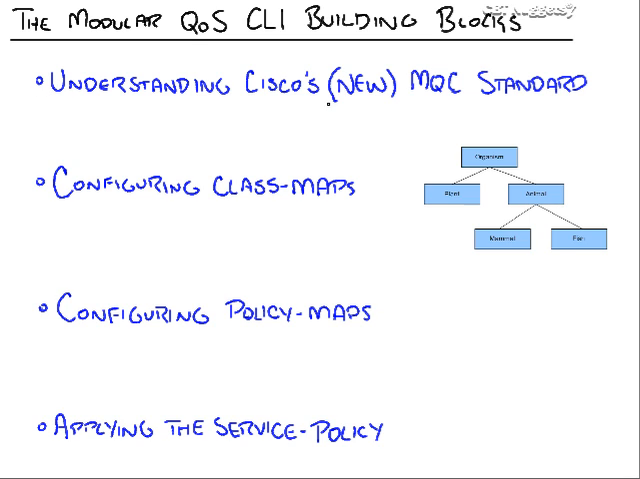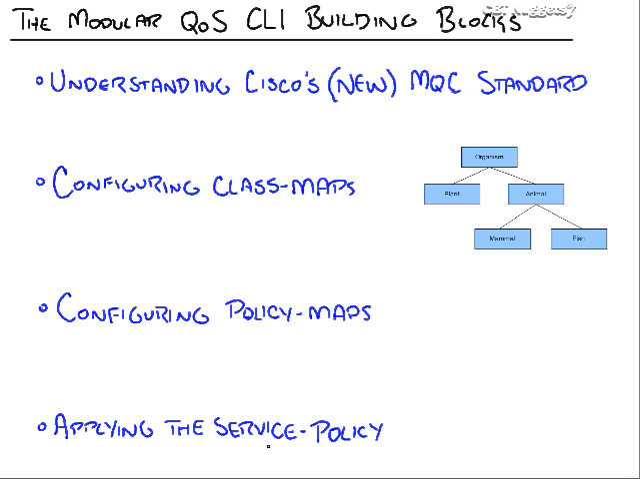First off, understanding Cisco's (and I put in parentheses) new MQC standard. It's not new as in it just came out last week, but it is fairly new as standards go. Then we'll go through each piece of the MQC, which, as you see here from this little diagram, is a hierarchical standard. We're going to start from the bottom, configuring class maps, move up to policy maps, and then